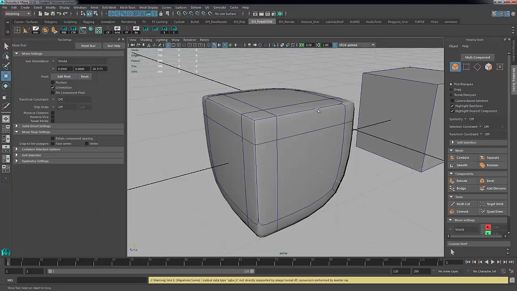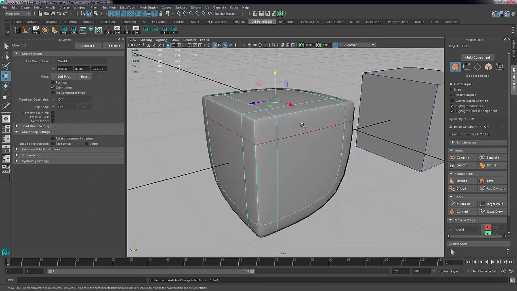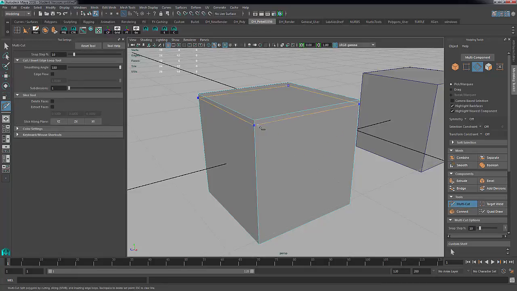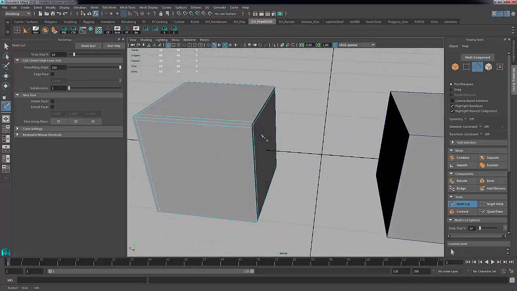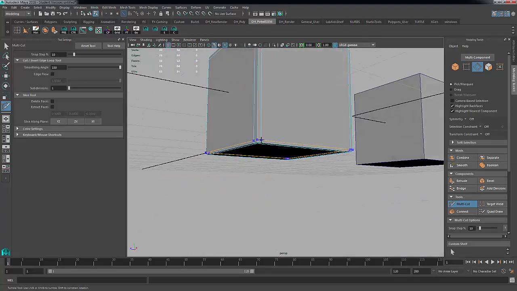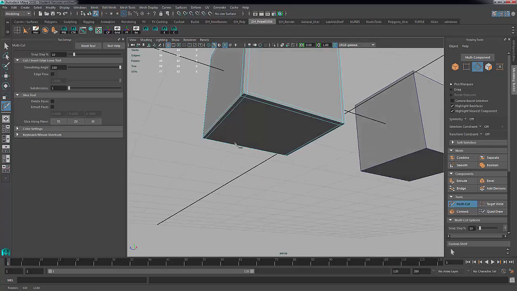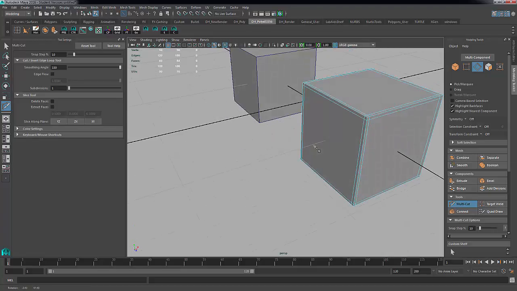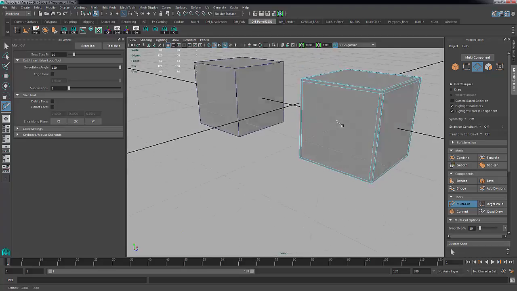So one strategy then, if I wanted to do this for the whole cube, let me just undo what I've got here. The strategy for dealing with the entire cube here would be to insert these edge loops. Control, Multicut, and I'm going to go horizontally. I'm going to go around this way, and then I want to go around this way. Coming around here, I need an extra one here. Down at the bottom, I need an extra one on this edge, and I need an extra one right there. So I've basically got 3 edges for every corner,